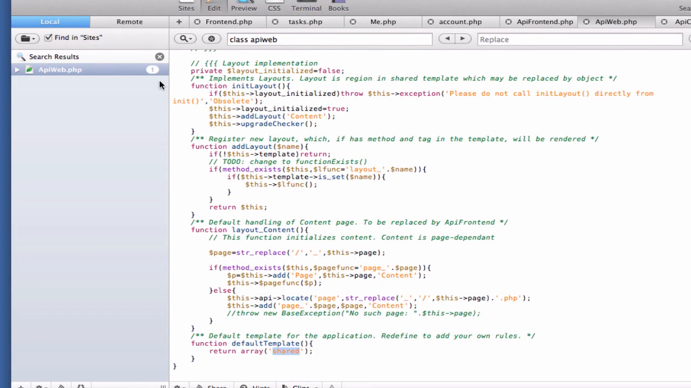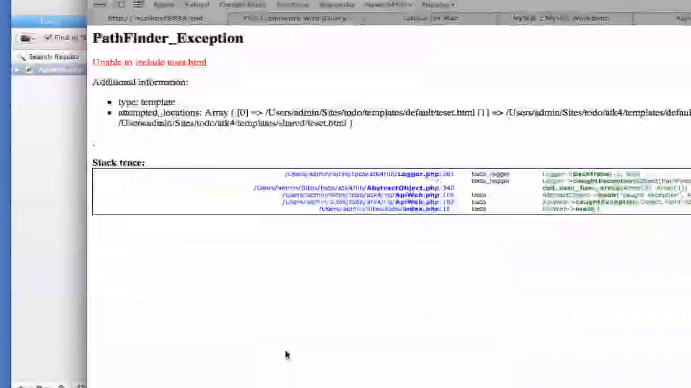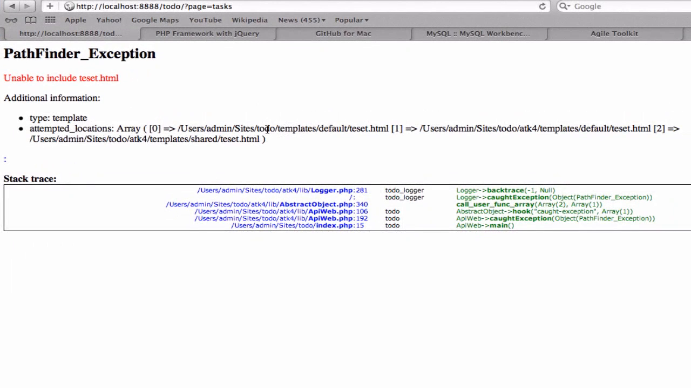Okay, let me show you how templates are being searched. If I mistype this, you see that it looks inside templates default tested, and then ATK4 templates default tested, and then that's all. So no, actually there's a third template shared as well, but the path is different from the one we had before,